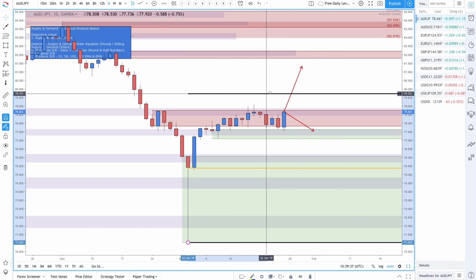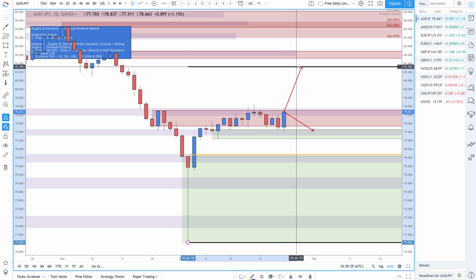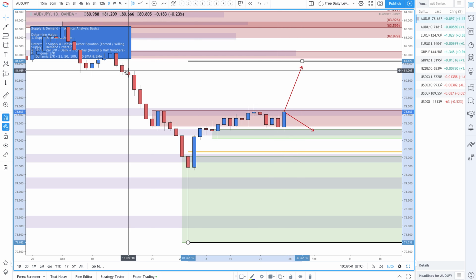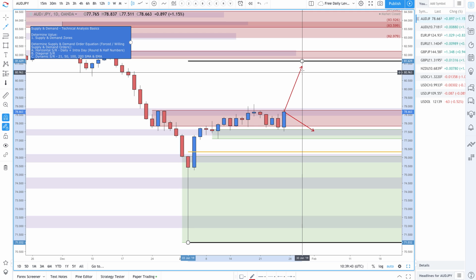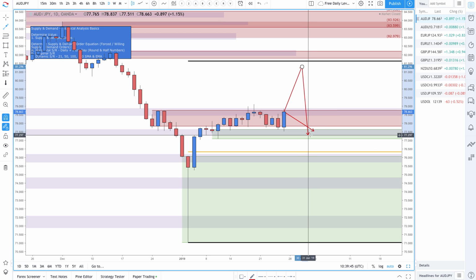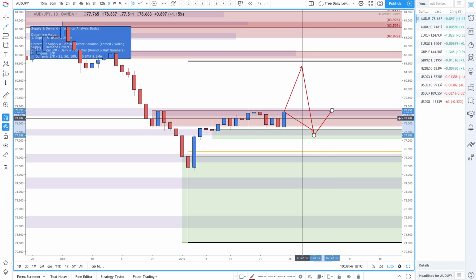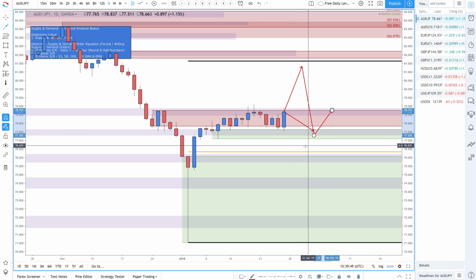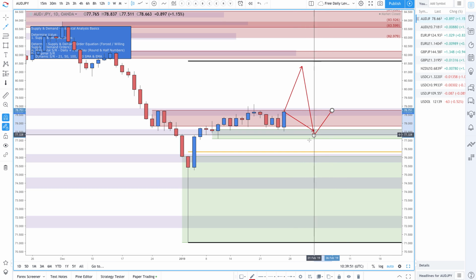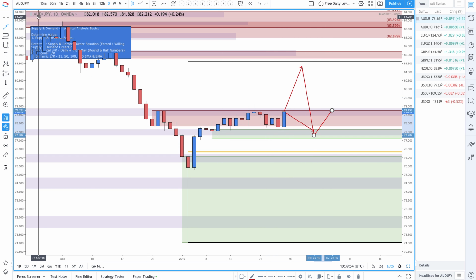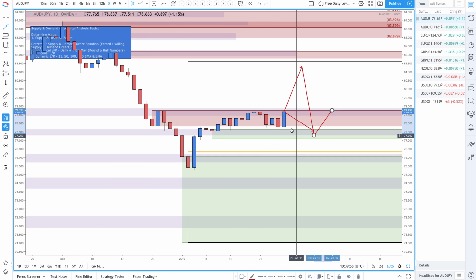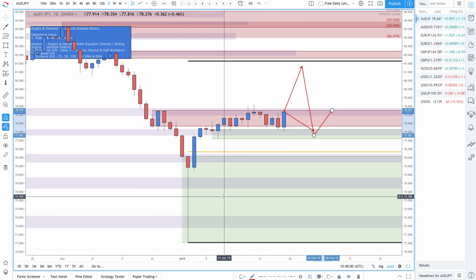If they do move higher, then you'd move the value range a lot higher, and now this looks like a more decent area to look for buying opportunities, because you're not necessarily buying at the highs, if that makes sense. You're buying more towards fair value. That's only providing you're buying the Australian dollar. If you're buying a Japanese yen, you do the opposite. But if you are buying a Japanese yen,